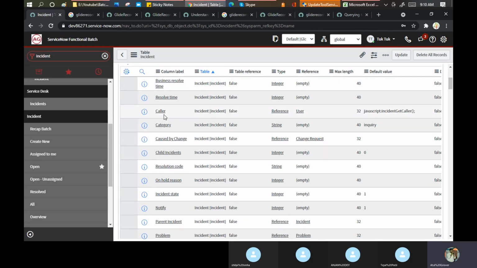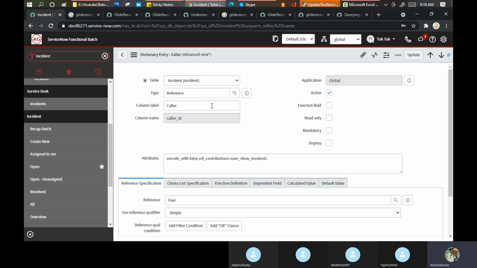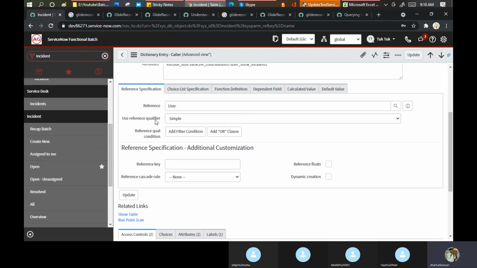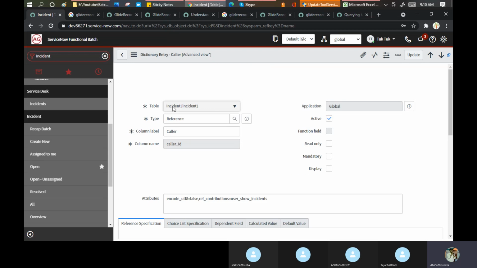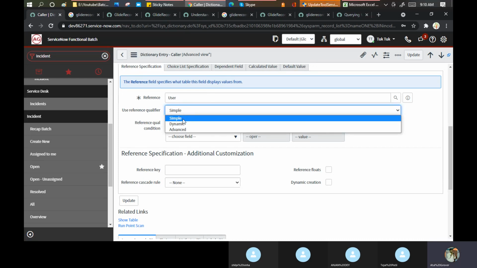My field is basically caller. It is coming from this, and caller here. See, the reference is the user table. Use reference qualifier. I am using a simple qualifier here.